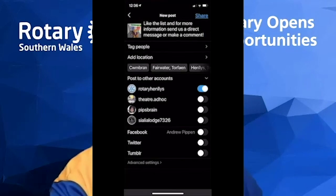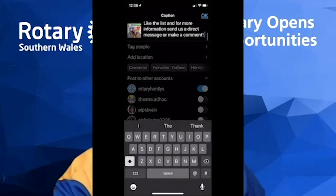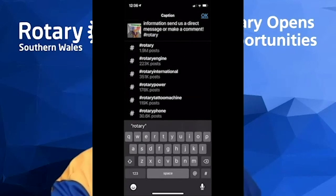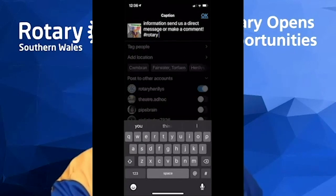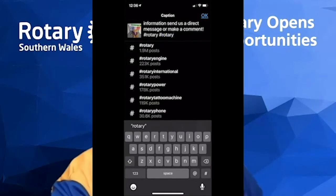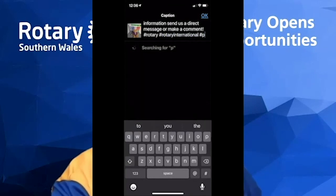I'm going to put some tags at the bottom. Now this is becoming a little bit more Twitter and Instagram-y, but you're going to want to put Rotary. And as you can see, it then shows you lots of things underneath too. So I'm going to put Rotary, Rotary International, People of Action,